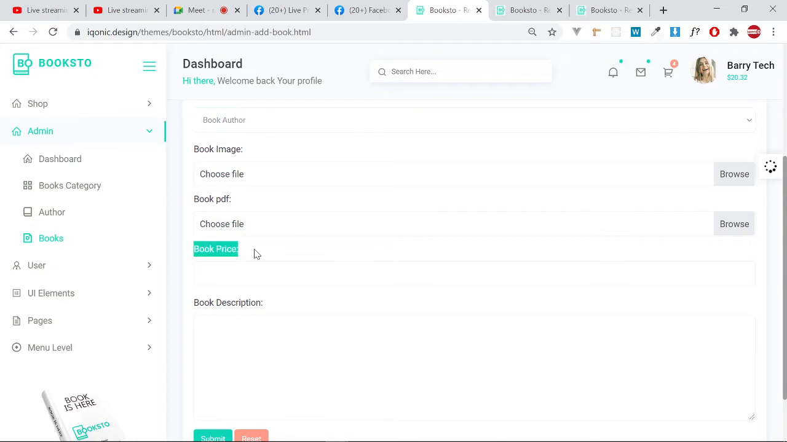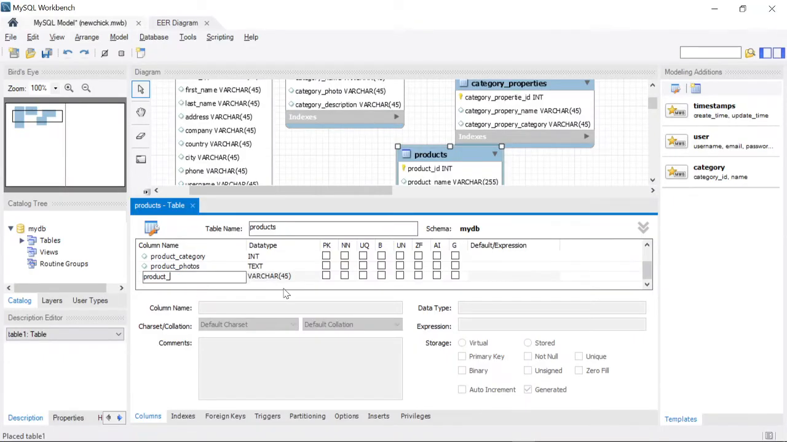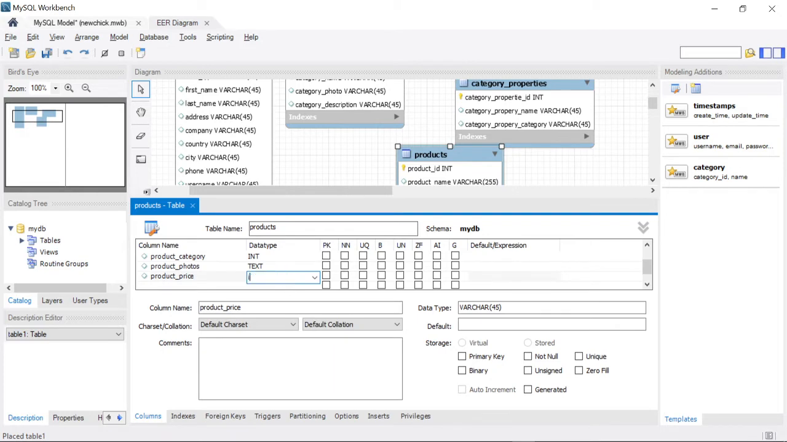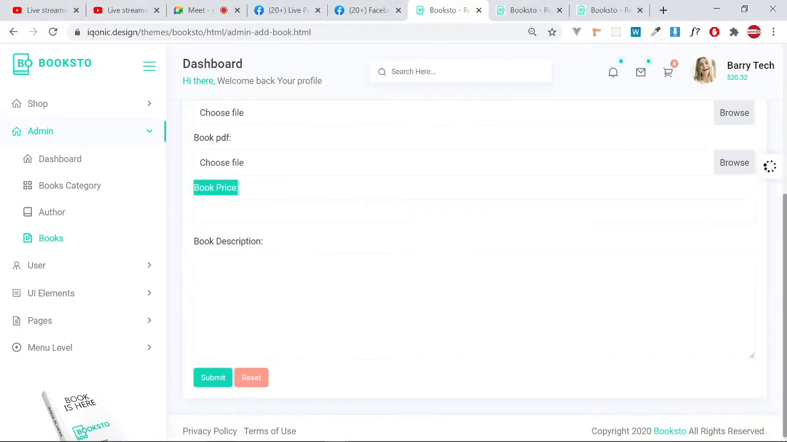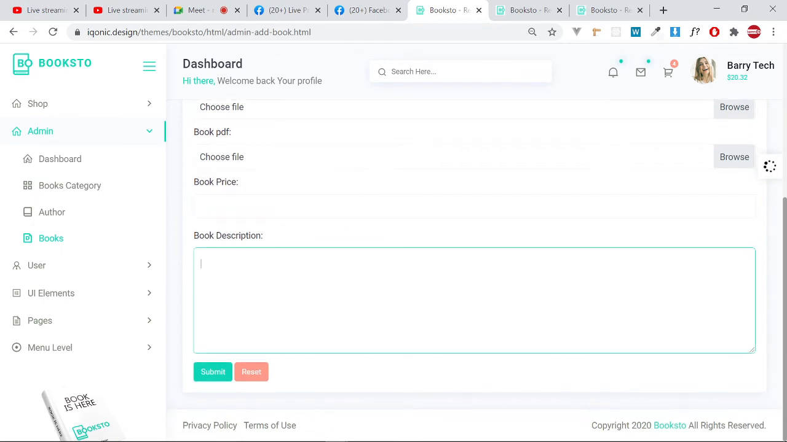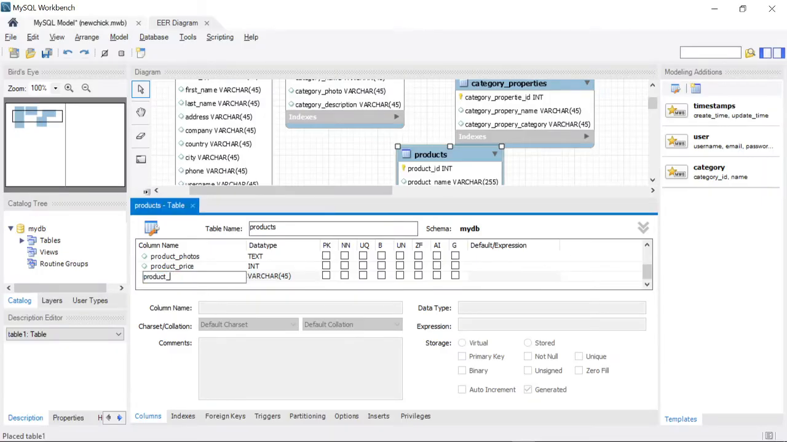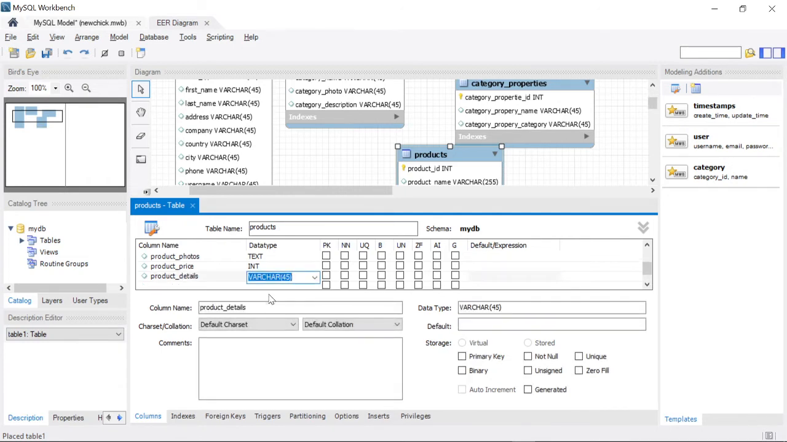Then we have the price. Okay, very very important. Product price. So it will be maybe an integer. Okay, so after putting the price, we'll go ahead and put the description on the details. Okay, product details. And also, so I'll make it text, and also